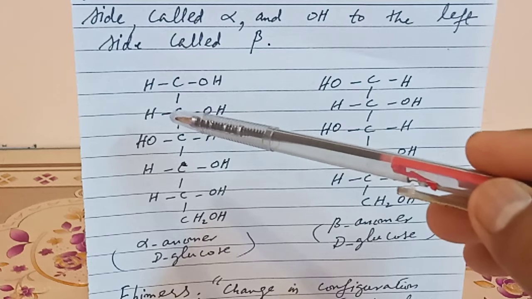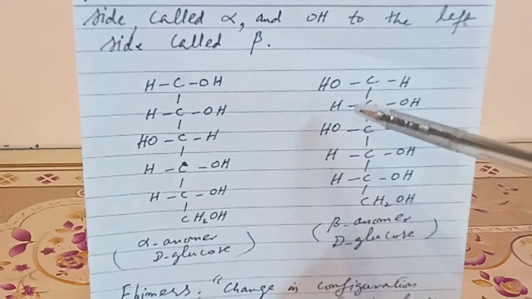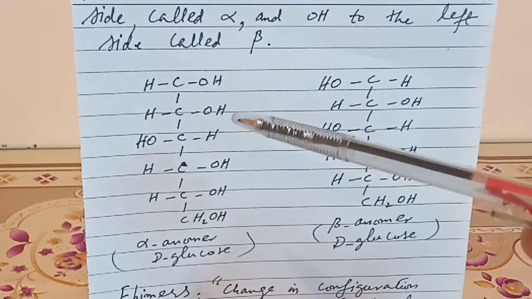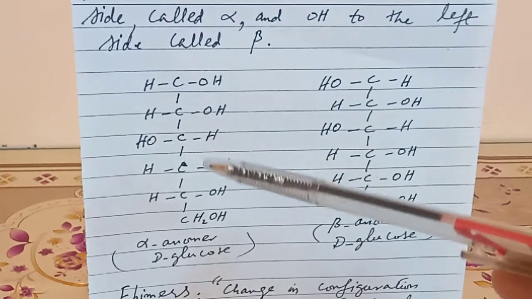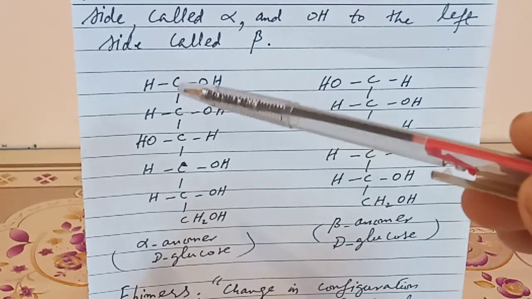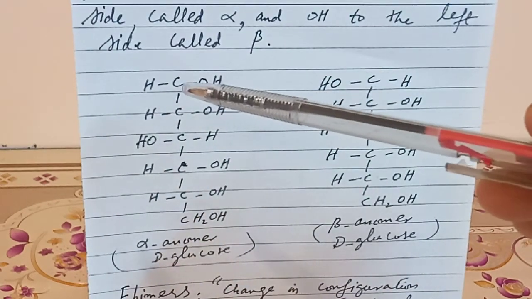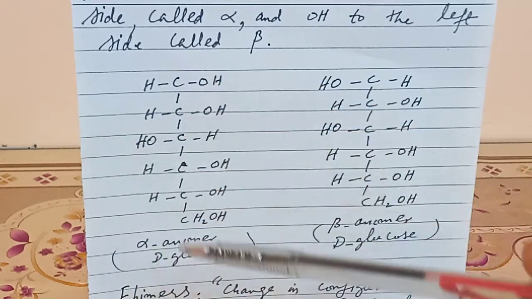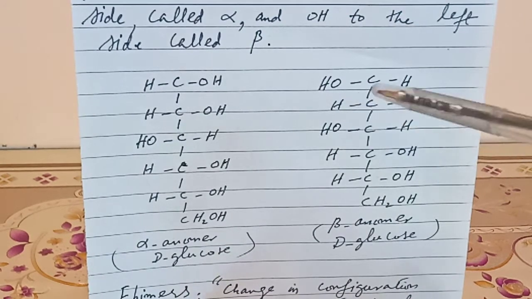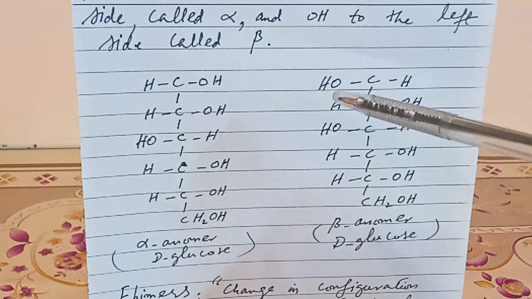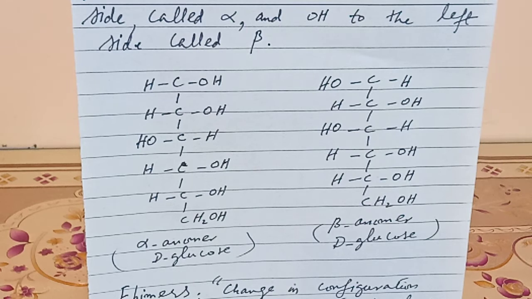Observe very carefully at carbon number 2, 3, 4, 5, 6. ठीक है, 2 to 6 carbon atoms. All the configuration of alcoholic groups and hydrogen atoms will be the same, no change, but the only change has occurred at the first carbon atom here. At the first carbon atom, the location of the alcoholic group, OH group, presence of the alcoholic group on the right side, this is termed as alpha anomer of D-glucose. And the beta anomer of D-glucose is the one in which at the first carbon atom the OH group is located on the left side, this is called the beta anomer. So this is the concept of the alpha anomer and beta anomer.